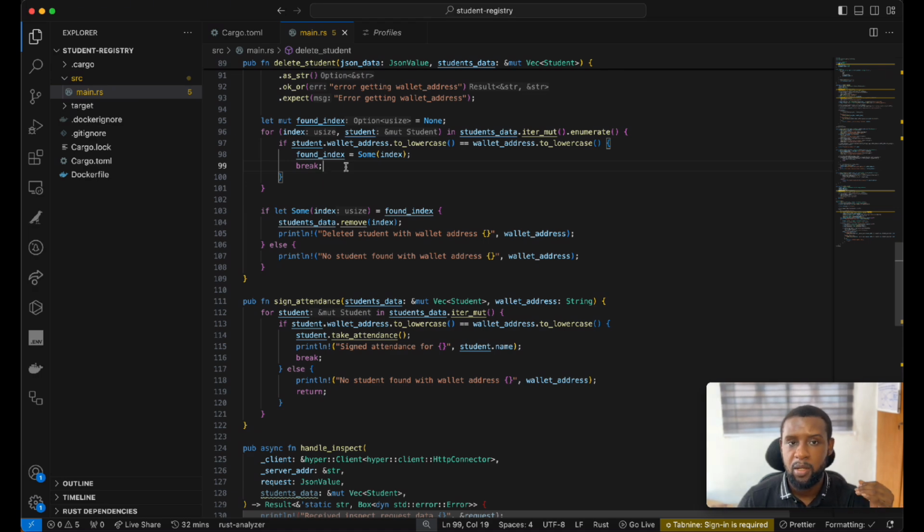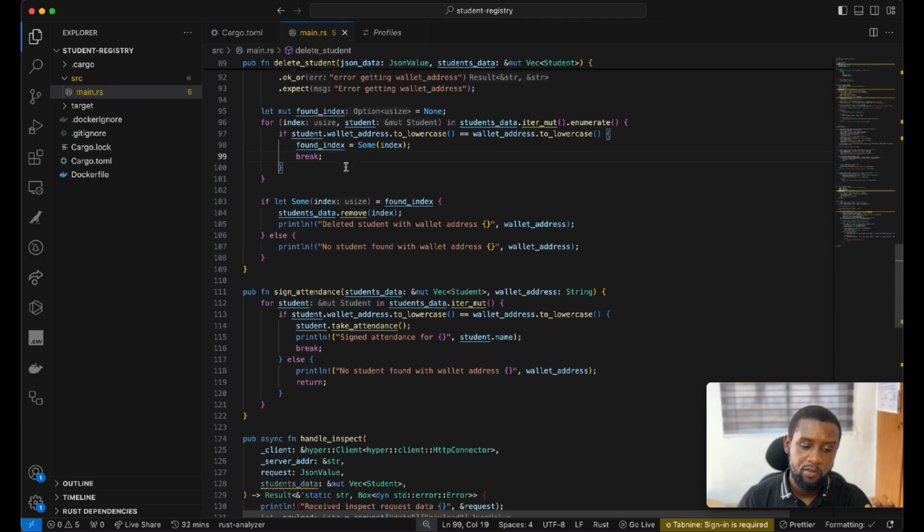So the user might pass in an address in uppercase or in complete lowercase, while the addresses are stored in the database in a combination of uppercase and lowercase. Well, with this, we've been able to convert both sides to lowercase, then run the comparison. Then since we've gotten the index of that particular student in the vector of students, next thing we are doing is